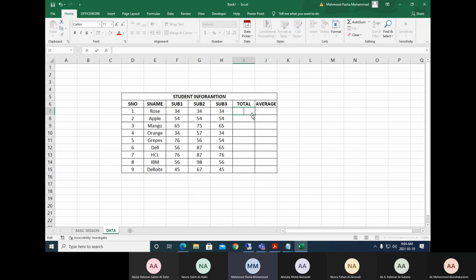So let's see. Now I want to do AutoSum. Let's see. AutoSum. So it's not coming over here, correct? Now see. Enter. It is the sum function. Press enter. Yes, correct, you are right. So that's the difference I'm saying. You can write equal to some function. Even in the sum function, you have sum, average, count numbers, maximum, minimum. I agree with you.